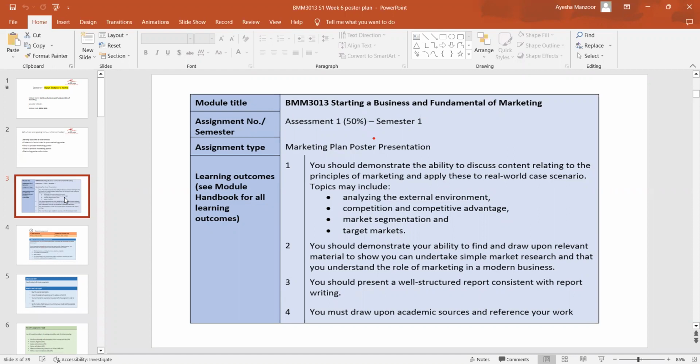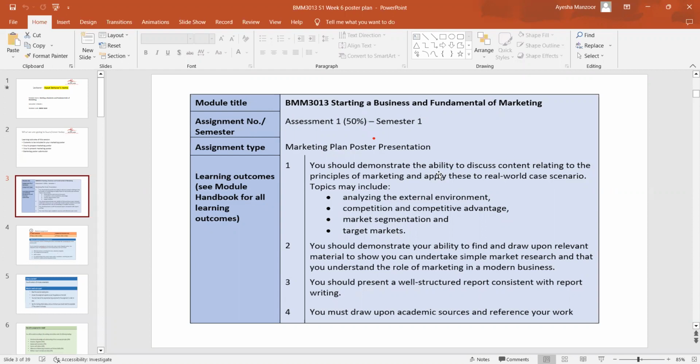Learning outcome number one is that a student should demonstrate the ability to discuss the content related to the principles of marketing and apply these to real world scenarios. They are not required to generally interpret these concepts, but they have to relate these concepts to their business. For example, analyzing the external environment, the competition and competitive advantage, and market segmentation and